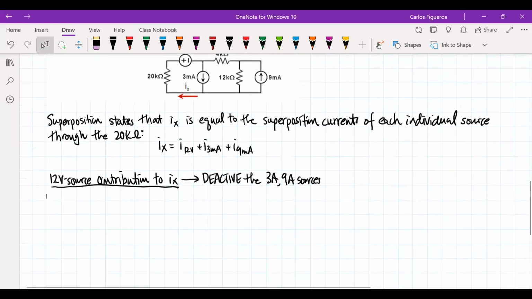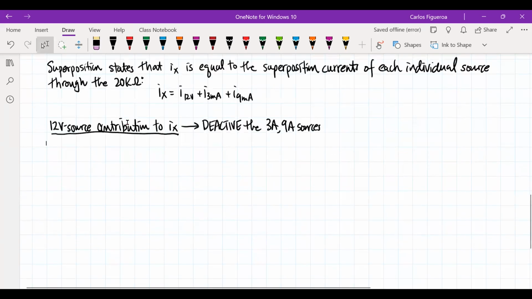So let's do that. To deactivate them, I have to create opens. So here I go. I'm going to keep my 12-volt alive, but now I have to open the 3 milliamp